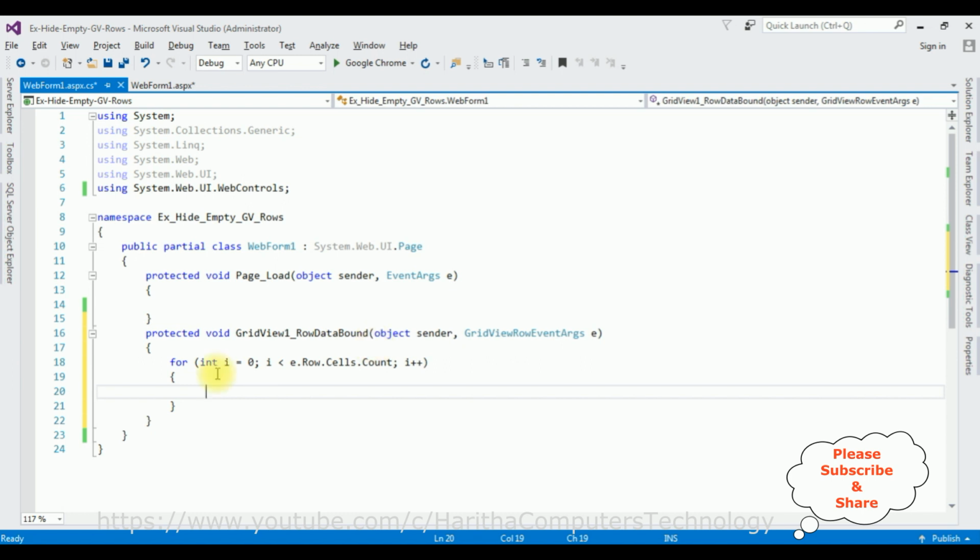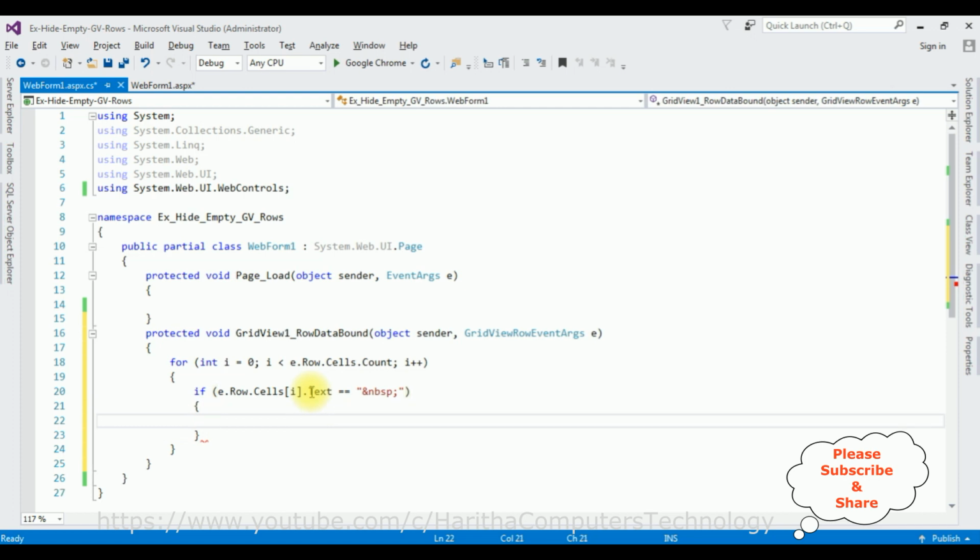Now in this for loop, I'm implementing the if condition, if any cell is empty: if e.Row.Cells[i].Text == "&nbsp;", which is the empty space. If I found any empty space in the grid view cells,